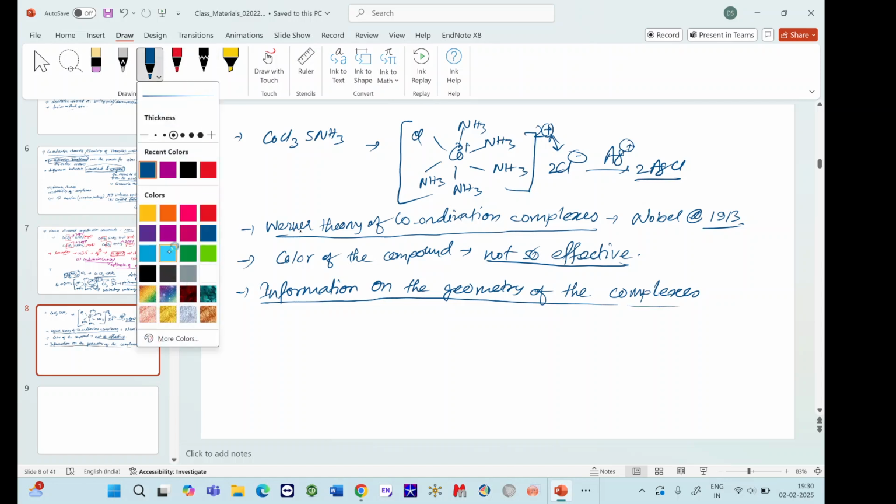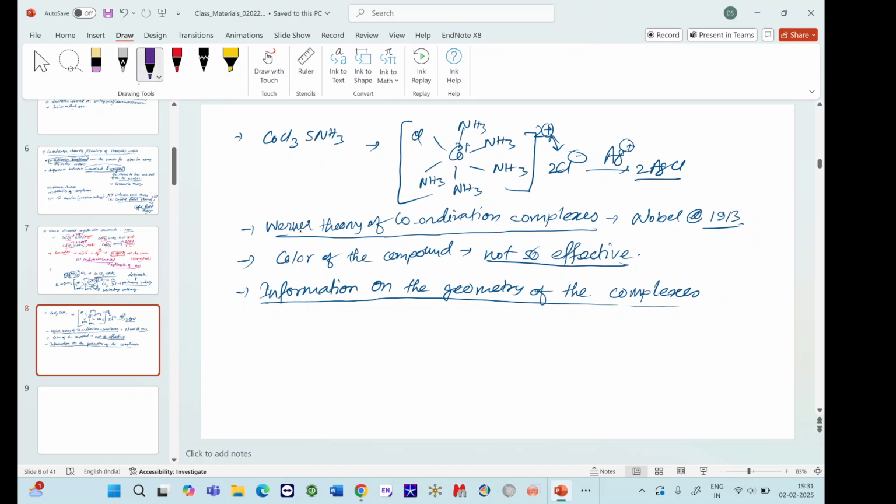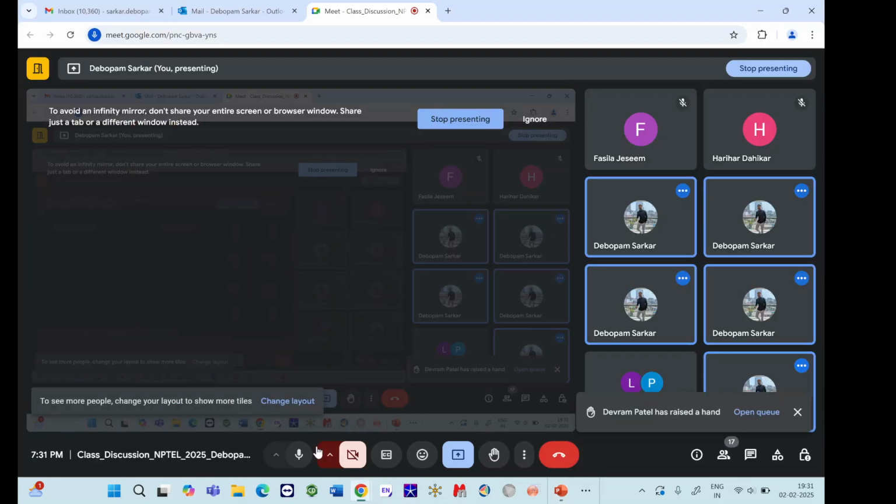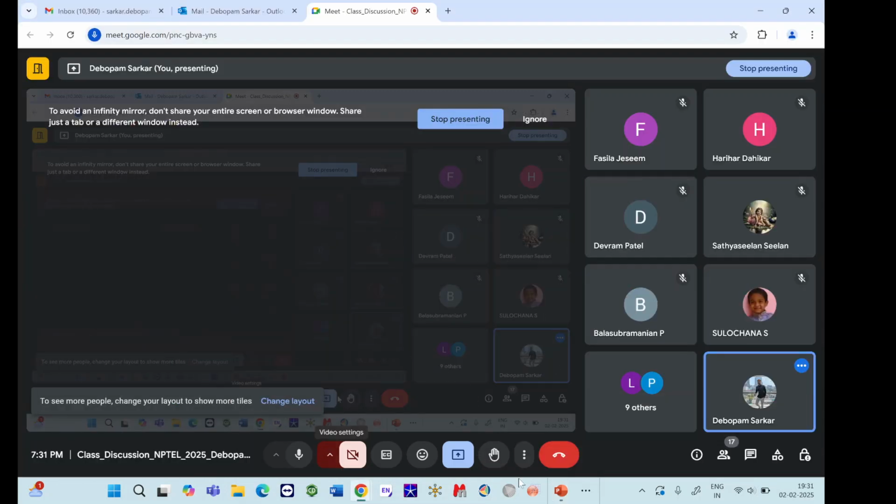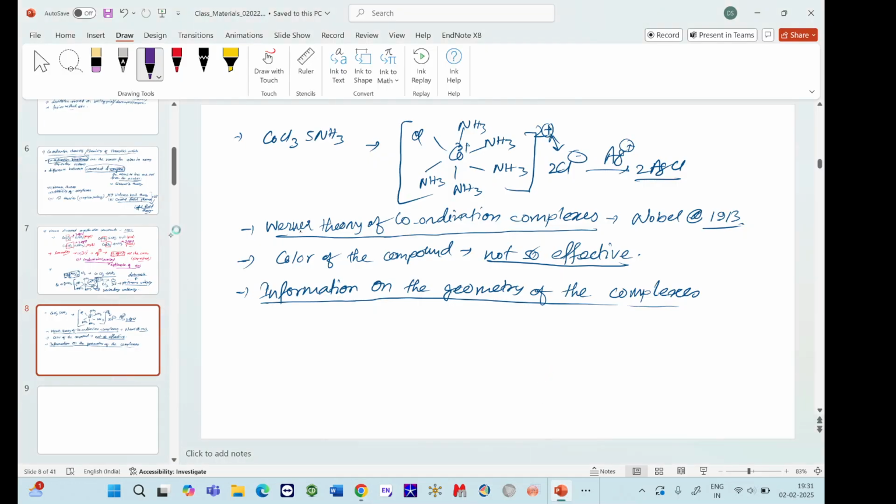So you can have different geometry. So we can have different kinds of geometry,